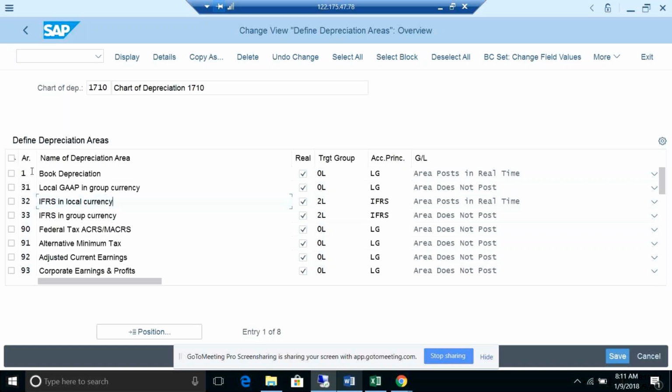So while doing your configuration, you will face this problem. You need to copy, for example, my book depreciation area or my IFRS, whatever. So you have 2 things, and additionally you wanted to report for 2 more currencies. Then you need to copy it and maintain it twice here, and then do the setup for the currencies in the other configuration node that I will show you. Let's sync up that as well. Let me open that screen. These are all areas that are painful while we face them in real time as well.